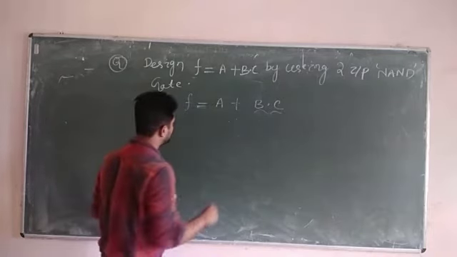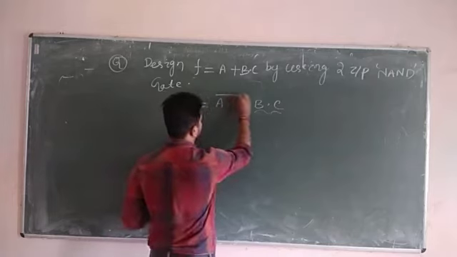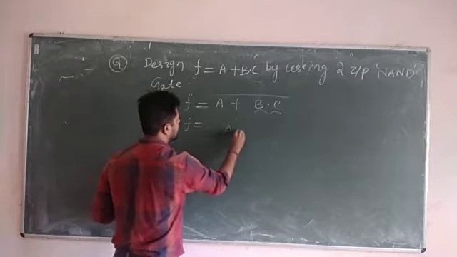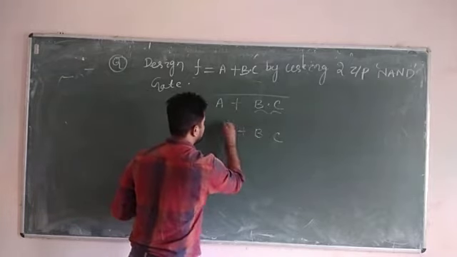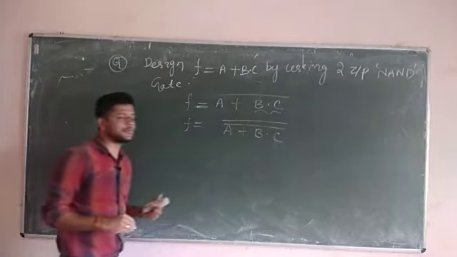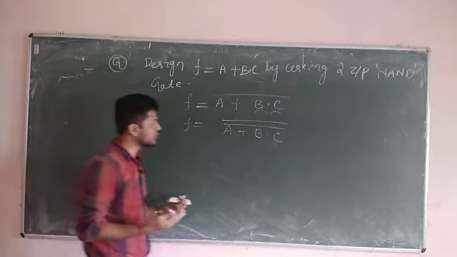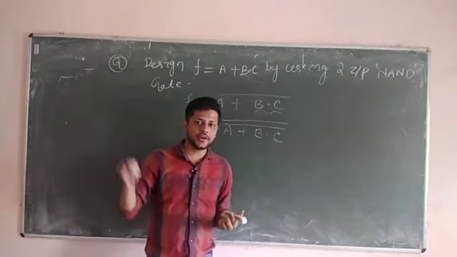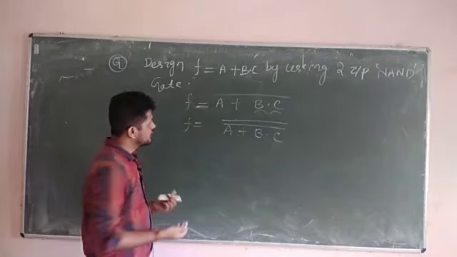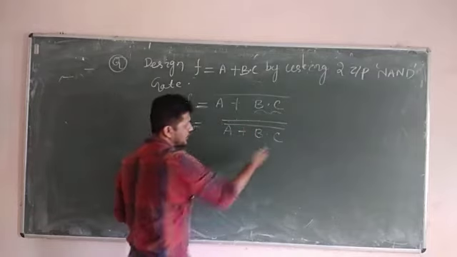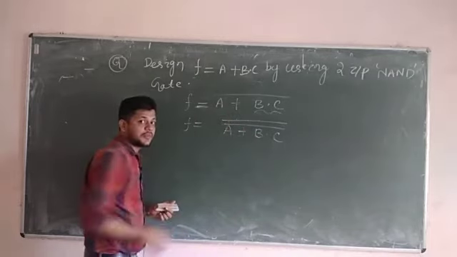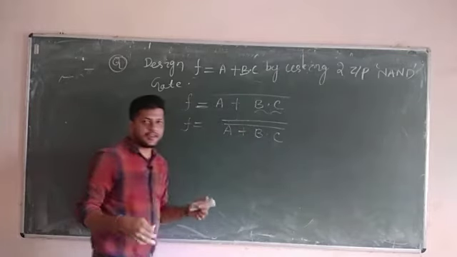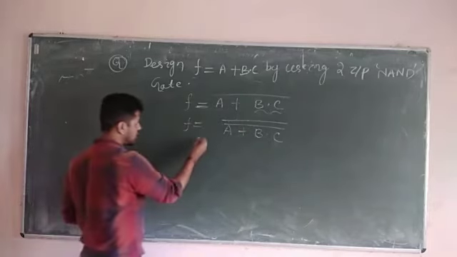I have already told you, if this is given, then take this as A or B and C bar whole bar. Double bar means the same expression, the expression is not going to change, because we have already studied that A complement whole complement is always equal to A. Nothing is changed here; this expression and this expression are the same. I am going to design this by using NAND gates, hence I am applying the double bar. So always keep that in mind.